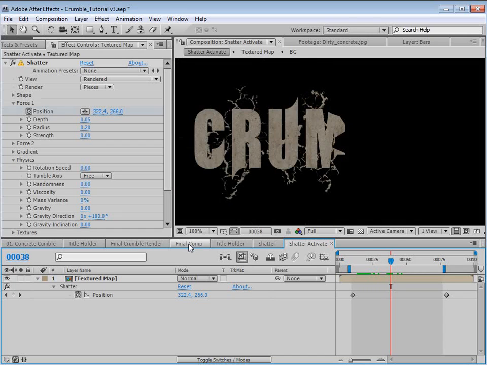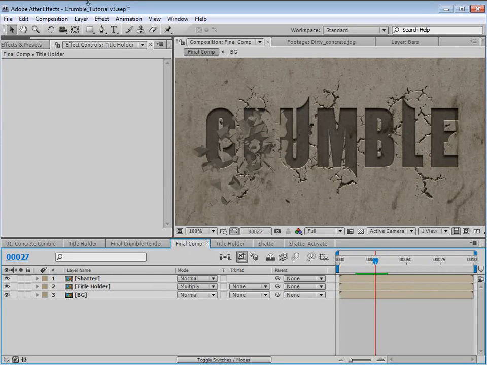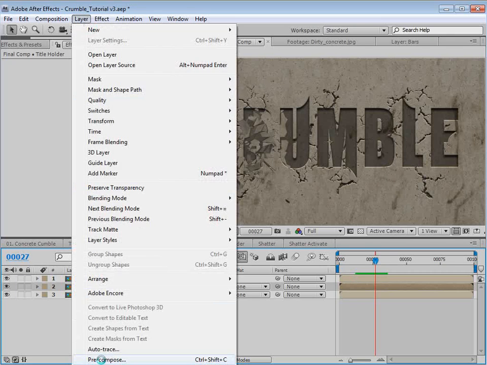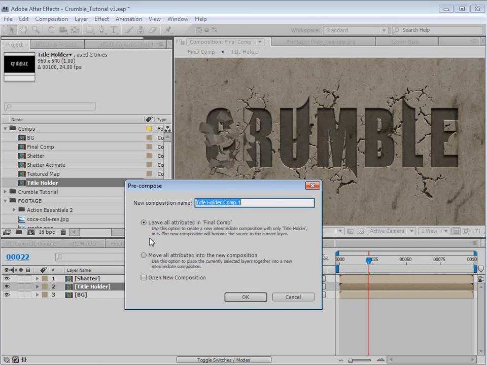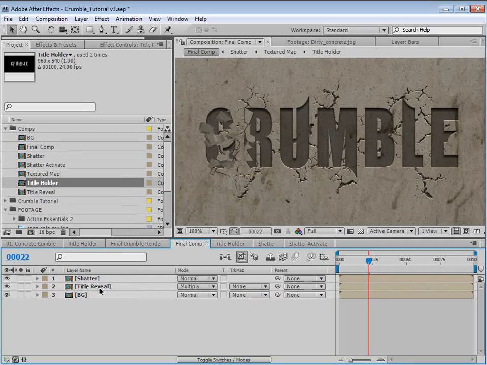Well, if we come back into our final comp, let's see how that should make sense. So we have our title holder here. So let's pre-compose that. So we'll choose Layer, Pre-compose, and we're going to leave all the attributes here. So we want to leave all the bevel and the inner shadow stuff in this comp. And we're going to call this Title Reveal. And then we'll hit OK. So now if we double click on that,